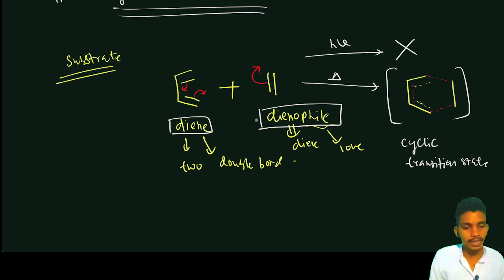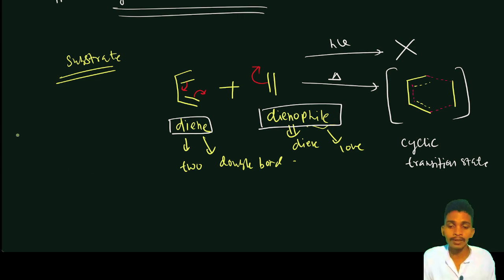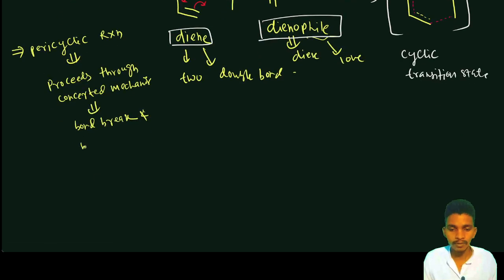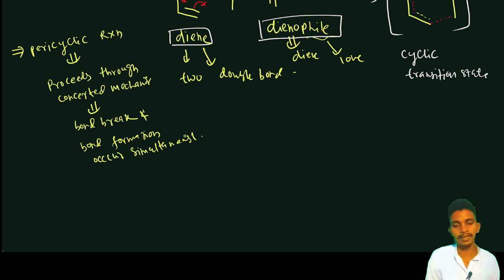Now after this transition state, we see that this pericyclic reaction proceeds through a concerted mechanism. Concerted mechanism means that bond formation and bond breaking occur simultaneously. That is what I say: pericyclic reactions proceed through concerted mechanisms. It means that bond breaking and bond formation occur simultaneously. The pericyclic reaction proceeds through a concerted mechanism where bond formation and bond breaking occur